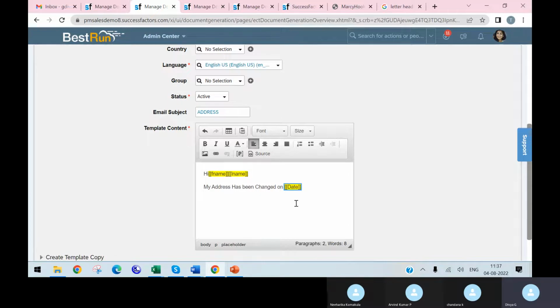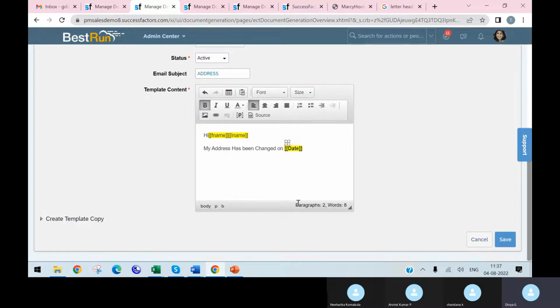Like this I'm giving here. And if you see here, I can bold this, I can do some underline for that, I can add some colors to it. Font sizes, fonts, tables also I can draw here. Images like letterhead images we can paste here. And if I save this,